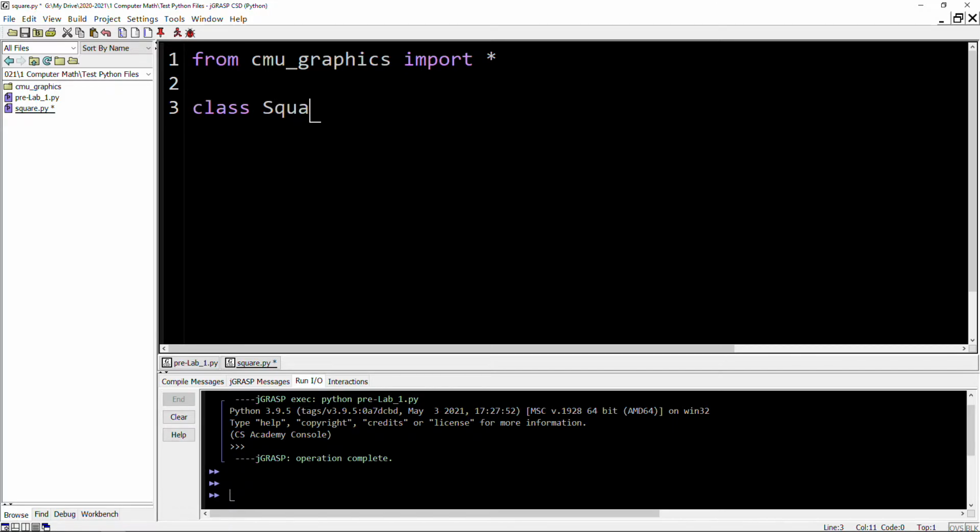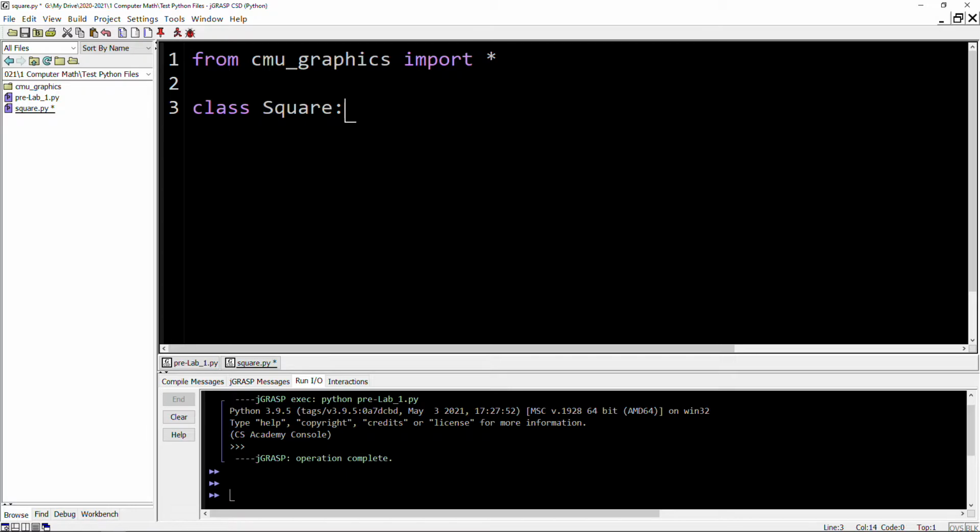So Square, notice that I capitalized it, and that's because classes are capitalized, but the file name itself, square.py, prelab_1.py, these are what we call modules. So if you go back to the vocab list here, you'll see that that's one of them. Modules are just files with classes and methods and attributes. So a little confusing, at least for Python. Java, you don't have this problem, but Java's got other problems that you have to worry about. So those of you taking AP Comp Sci, you'll deal with those next year.